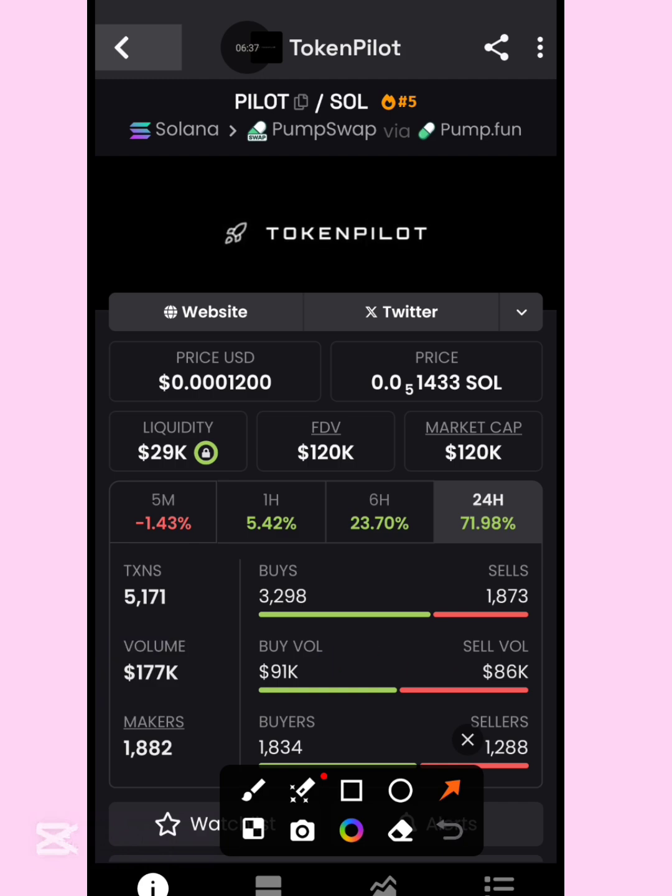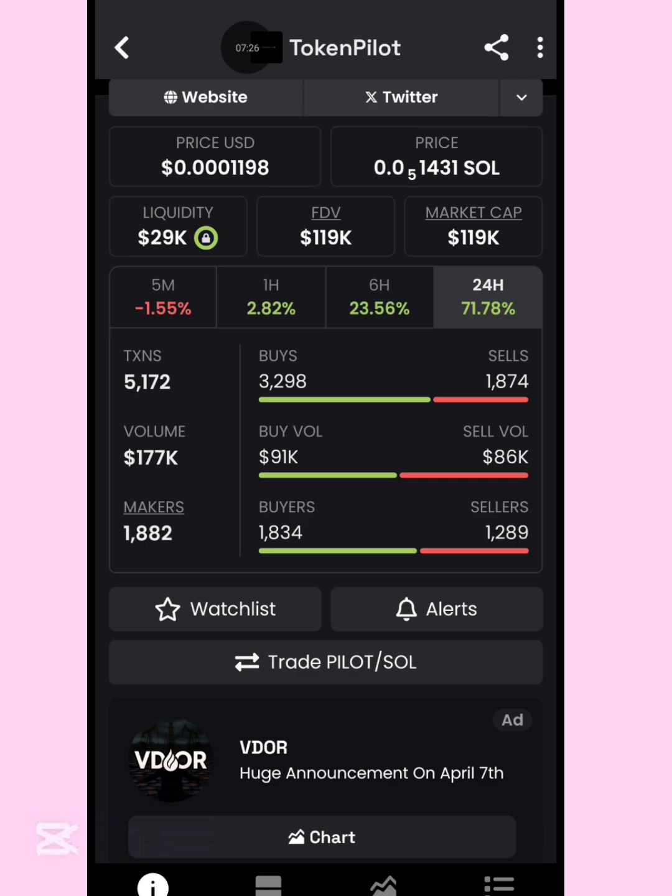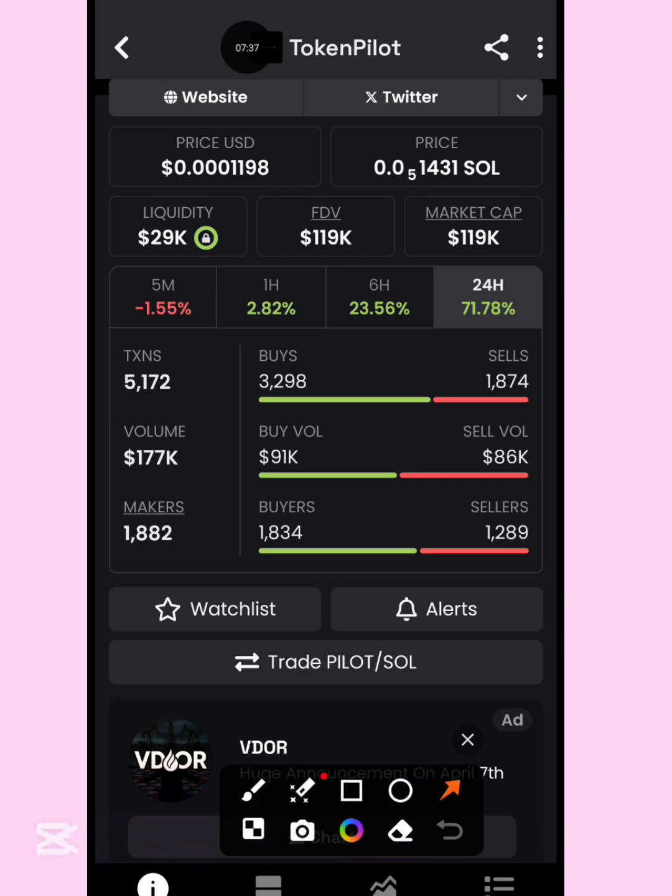Let's go down a little bit. Look at makers. Anytime you hear makers, it simply means both buys and sells, or in another way, both buyers and sellers. So both of them are makers. The number of makers is what we find here. Let me explain this better for some of you, because you'll be getting confused about why the number of makers here, look at it, is